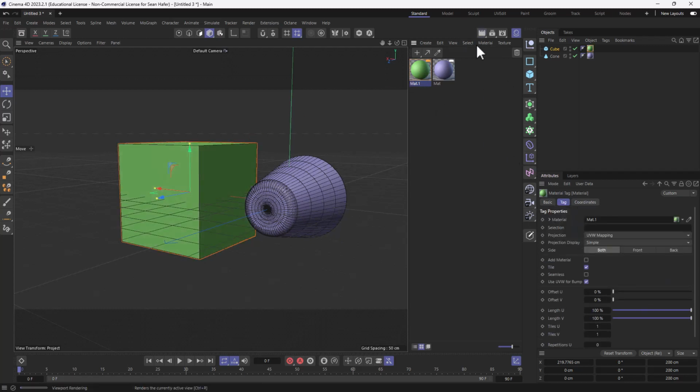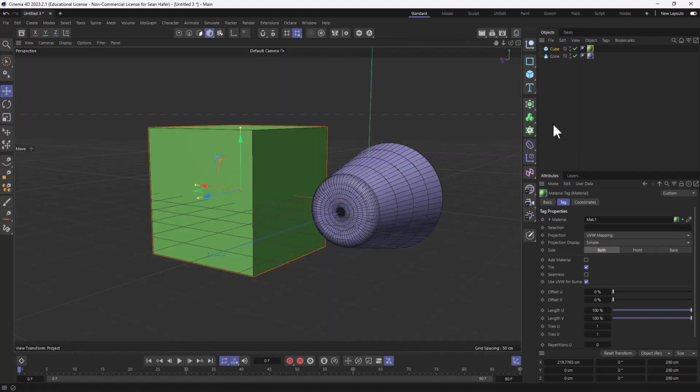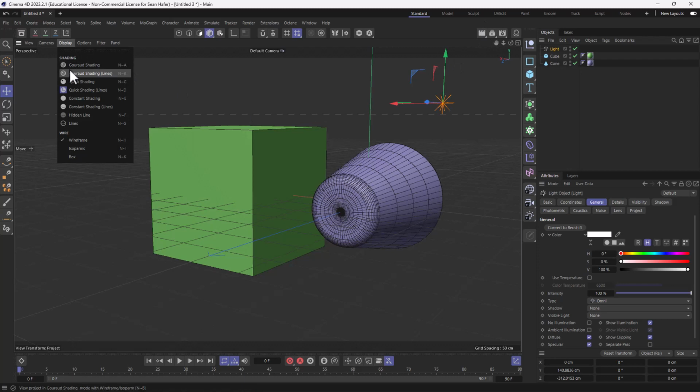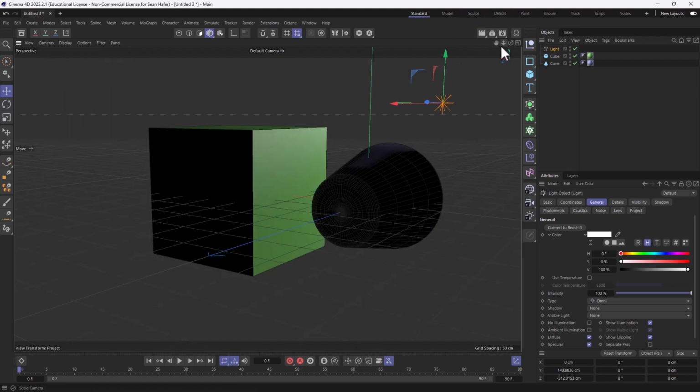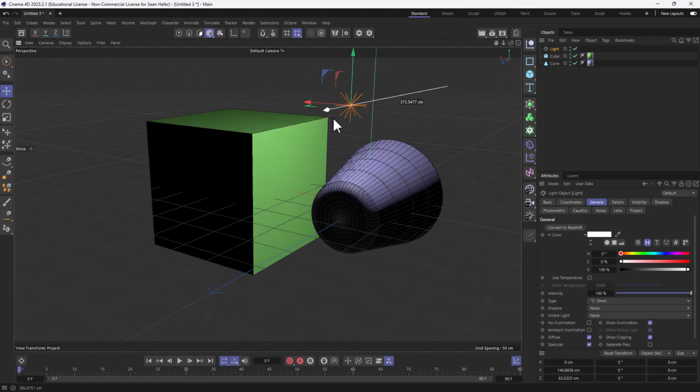So if I render that, we've got our two objects. I then might light the scene. At this point, we don't have any lights. So I'll close this up so I've got more view, and I would come down here and click a default light, and we can see here now I can light it with my light. I'm going to go back to my display, gouraud shading lines, and now you can see how that light's affecting things. So maybe I want to come over here,